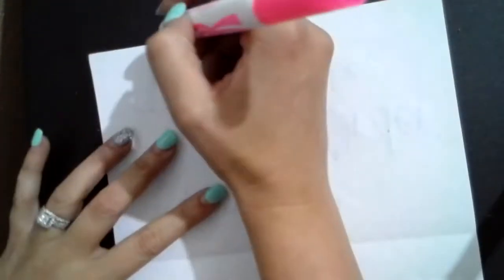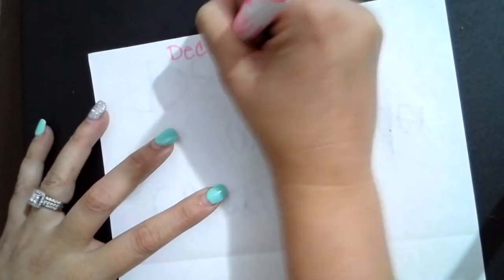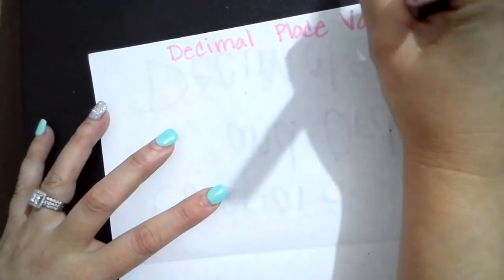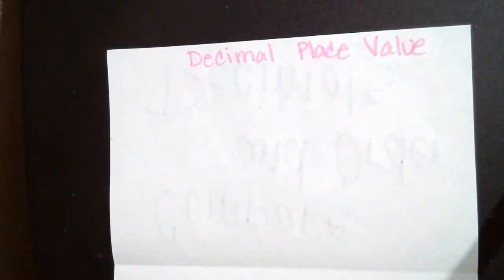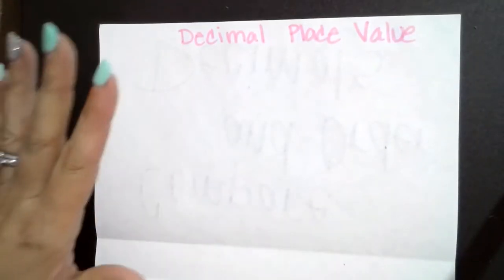All right, so what I want you to do is at the top, I want you to write decimal place value. Okay, and I'm going to use a pencil, and then I would go back over it with marker if I want to in a moment, but I want to make sure that I don't make any mistakes. So the first thing I want you to do is start with,